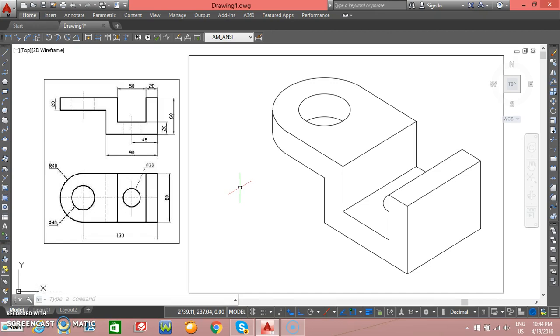Dimensioning of this can be done in another session. So save this first, save, okay, and then